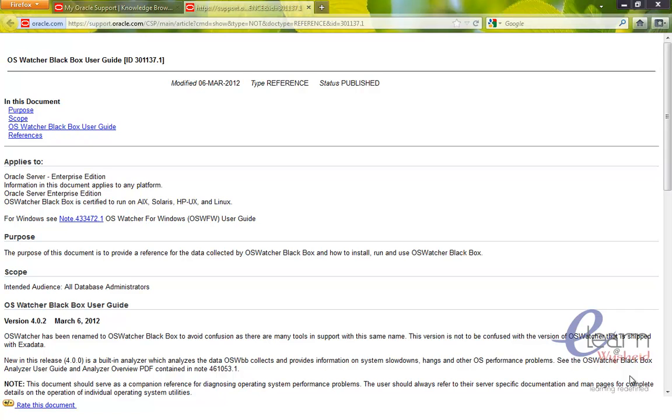Along with that, OSWatcher Black Box has an analysis utility known as OSWatcher Black Box Analyzer, which will analyze the data captured by OSWatcher and give us a graphical output, where we will be able to see the performance of the system, or it will help us troubleshoot the